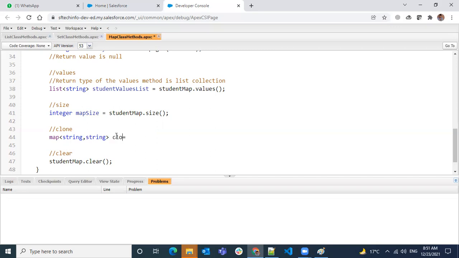Let's say my clone map equals student map dot clone. This is how we use clone, so that exactly whatever is in the student map will be copied to your clone map.